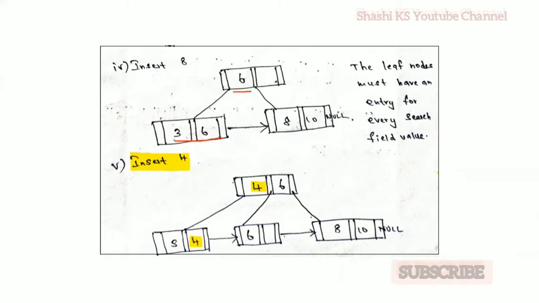But there is no space here, so you have to split the leaf node now. When you want to split the leaf node, again j is equal to 2. So the first two entries, 3 and 4, are kept in the same node. The remaining values are moved to a different node, and the jth value is replicated in the parent node. Okay, so another split happens when you try to insert 4.